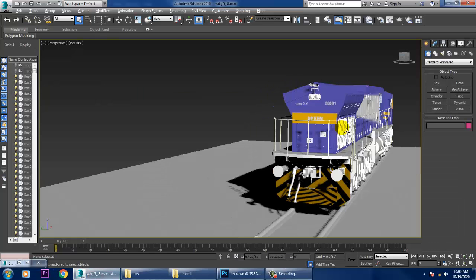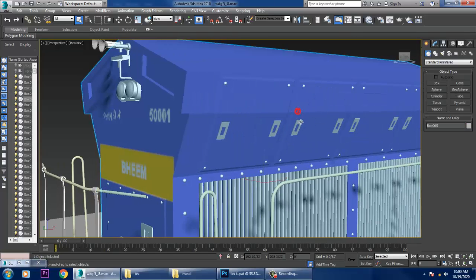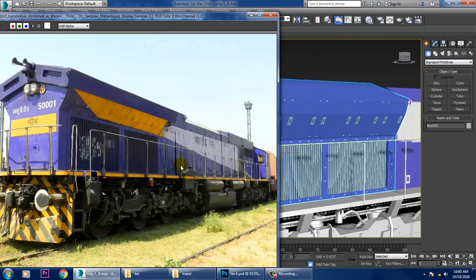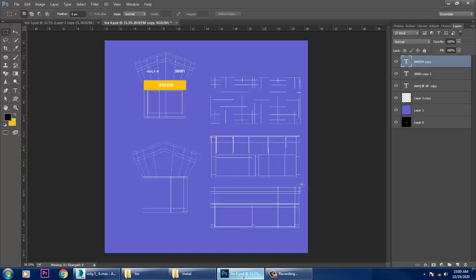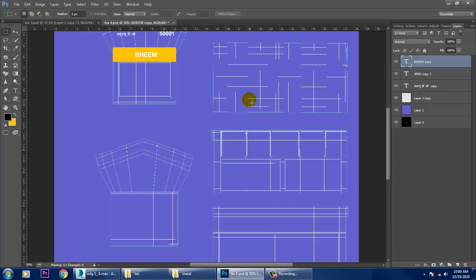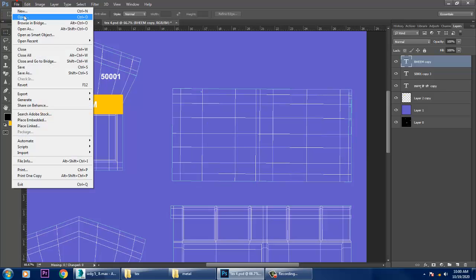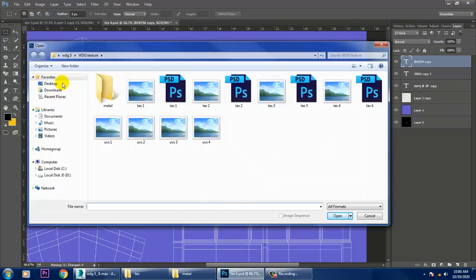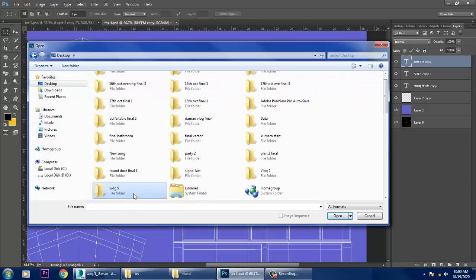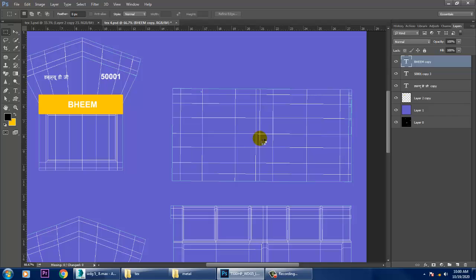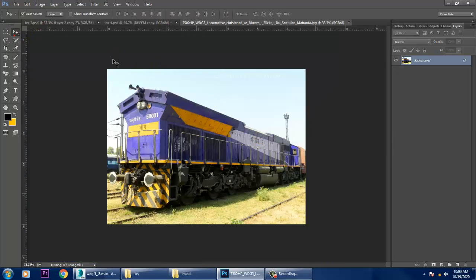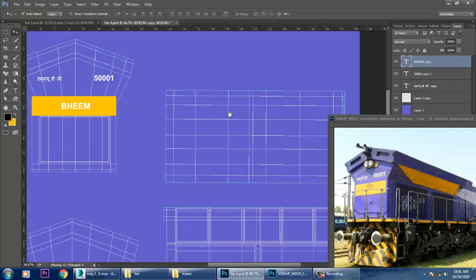So let's get started. As you can see over here, we had unwrapped this particular model and started the texturing part of this. So let's go back to Photoshop over here, and now I'll be opening that particular image file again. So let's open that reference. Okay, great. Now I'll just zoom in,